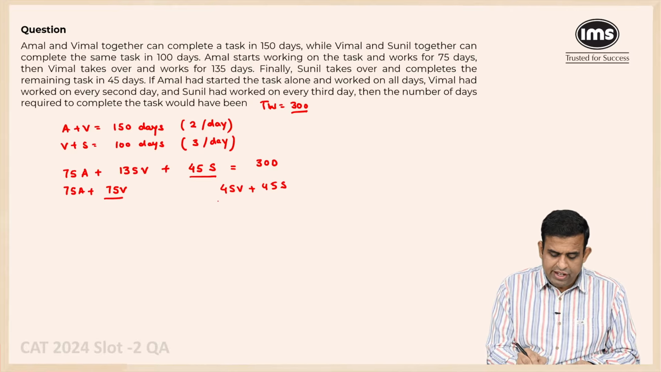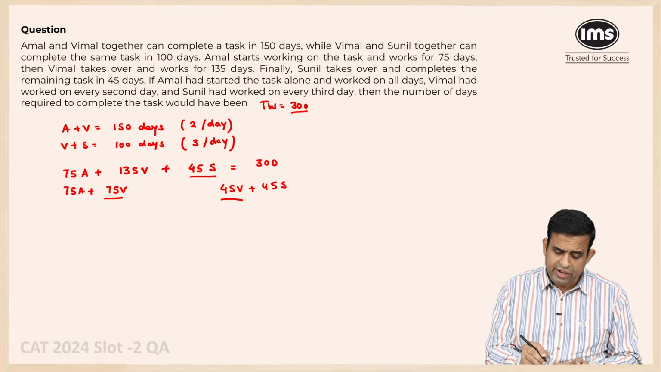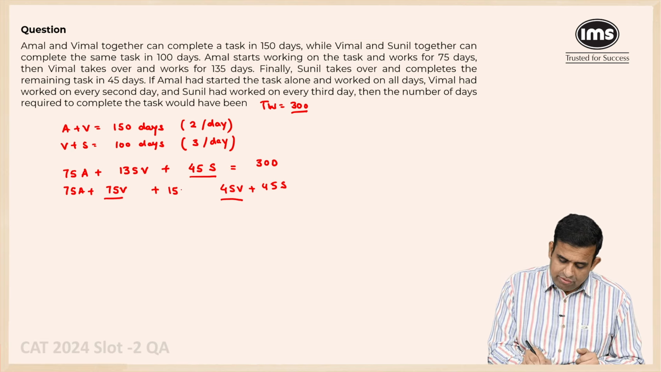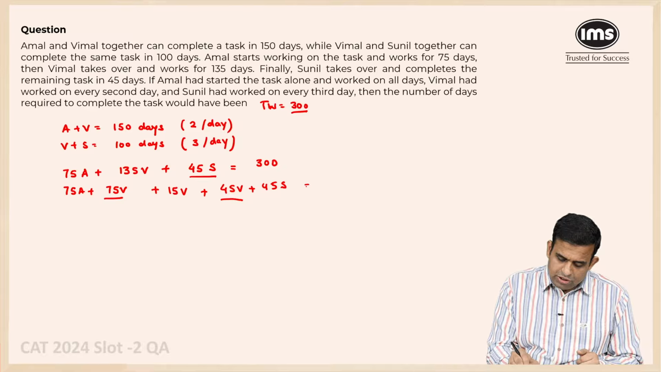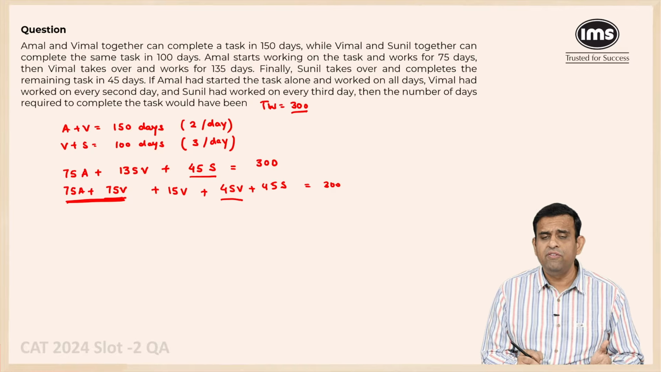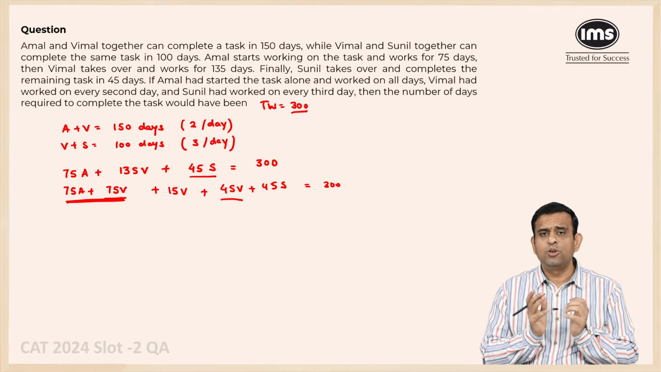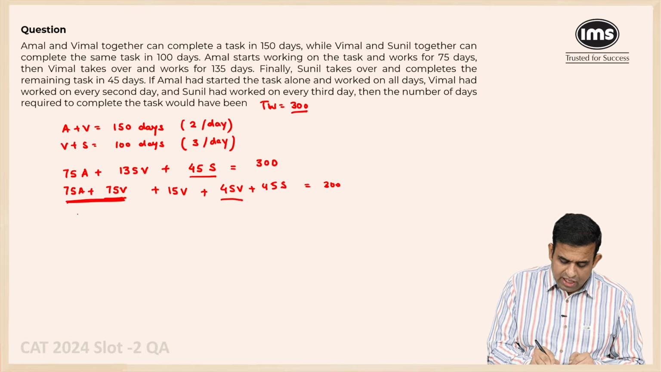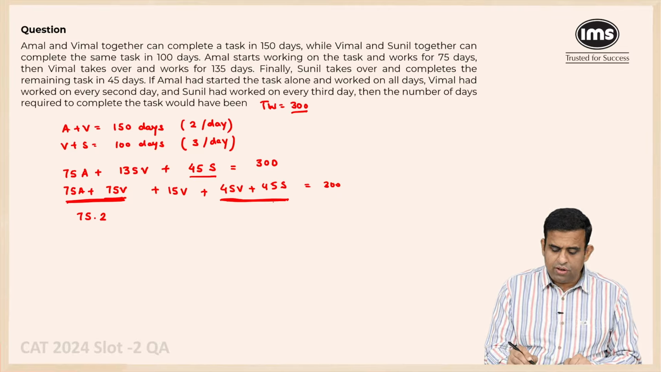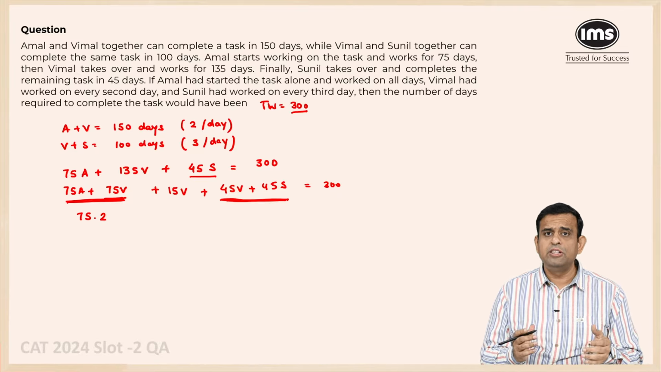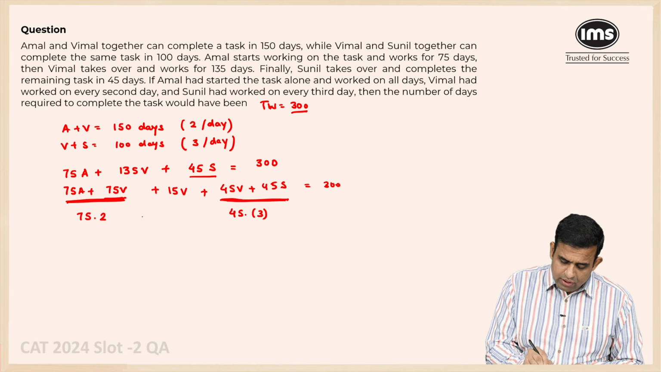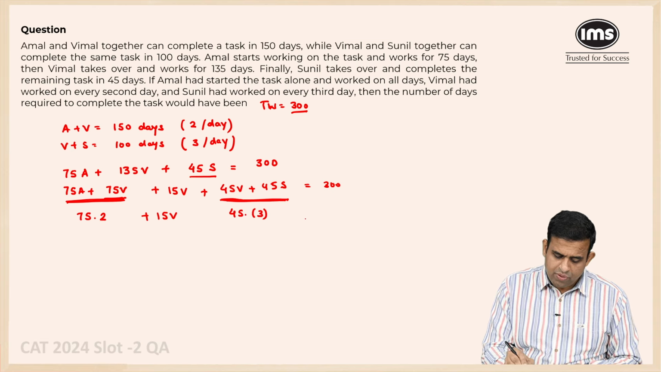So right now, 75V plus 45V becomes 120V. And Vimal has worked for 135 days. So I can think of it like this, 15V. And this total must be equal to 300. Now understand the first part, 75A plus 75V is as good as saying 75 days of A and V working together, and they will do nothing but 75 into 2, which is 150 work. 45V plus 45S is nothing but 45 days of V and S working together, and they will do 45 into 3, plus 15 days of work of Vimal,